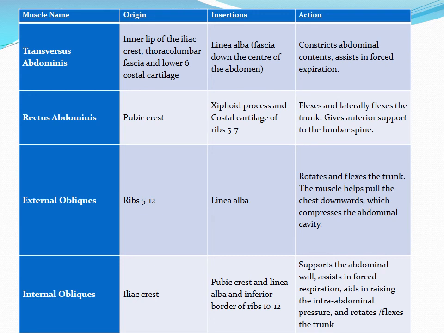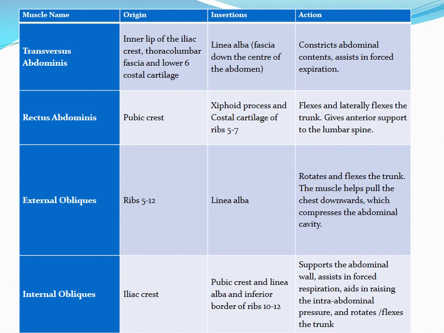Now, if you only contract one side and not the other, it'll also help with some lateral flexion. Your external obliques will attach from the ribs at the back to the linea alba at the front. Okay. The internal obliques, like I said, run the opposite direction. So in the back, they'll attach to your iliac crest, which is part of your pelvic girdle, and they'll come to the front and they'll fan out. So some of them will attach to the pubic crest,